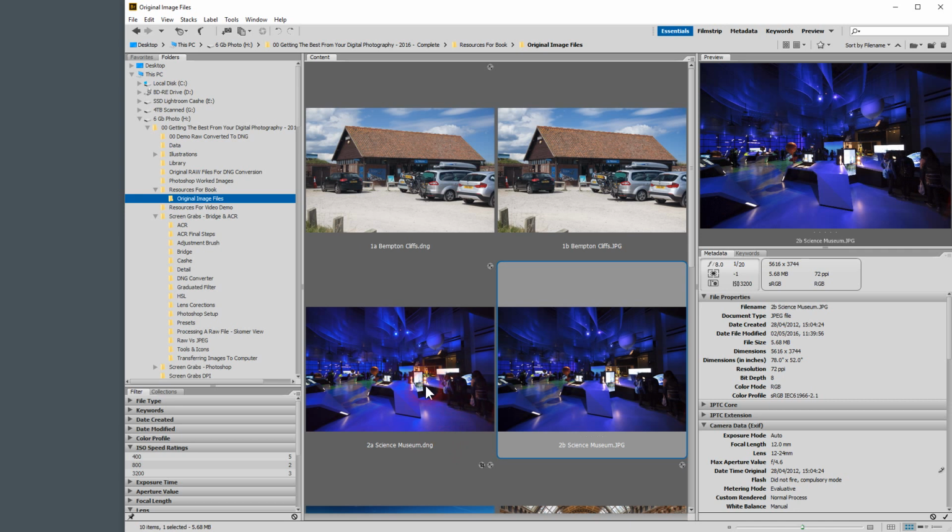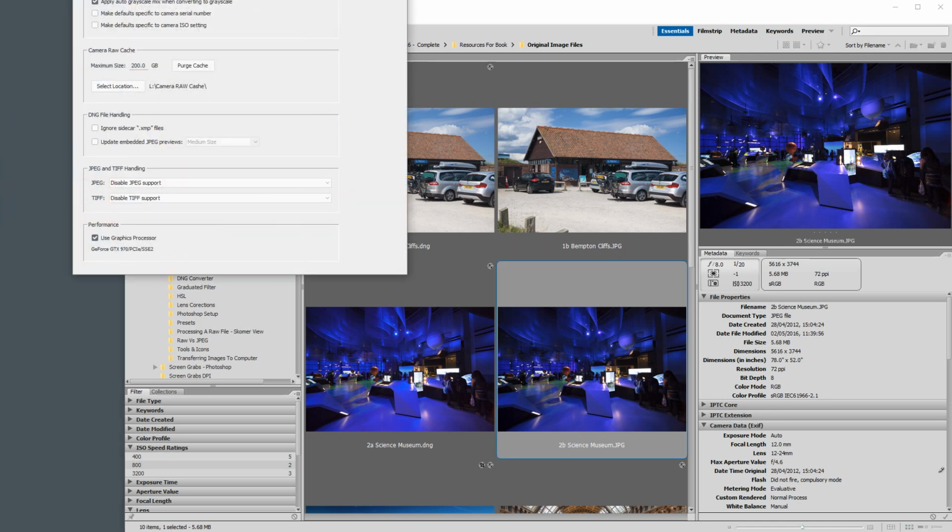I'd like to show you within Adobe Camera Raw how we can utilize the terrific amount of color information available in a RAW file compared to that of the JPEG. So in order for us to open up a JPEG or a TIFF file for that matter into Adobe Camera Raw, we need to change the way Bridge and Camera Raw interact. Normally, if we were to just open up a JPEG file, it would go straight to Photoshop. So in order to get it to go to Camera Raw, we need to go to Edit,